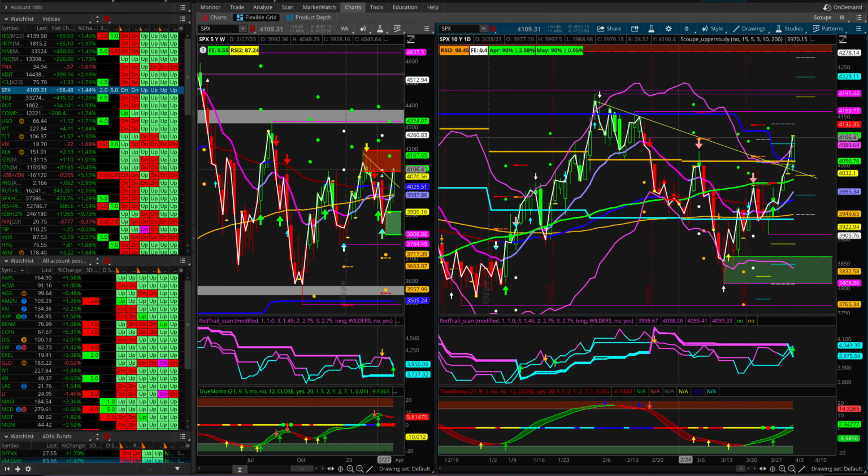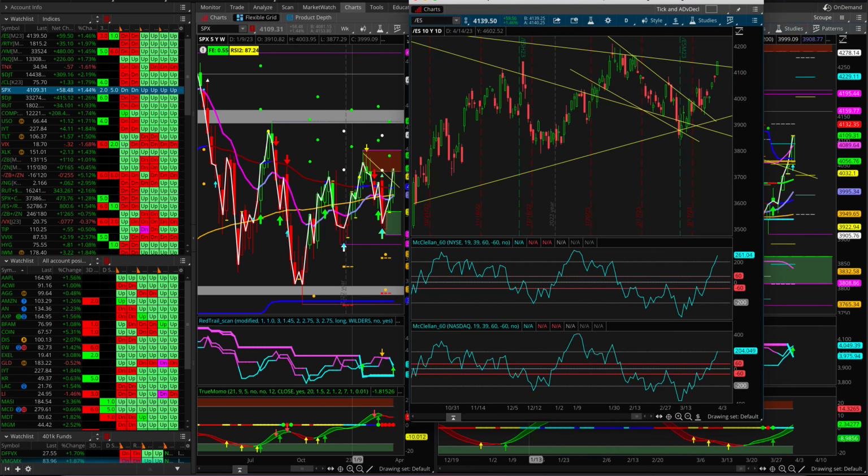We had a breakout of this diagonal line that I've had on the E-minis chart for a long time. And what do we get after a breakout? We probably will get either a little bit of follow-through and then some backfilling. What we don't want is to backfill too far beyond where this diagonal line is, or this is probably a failed trend. So that's the S&P.